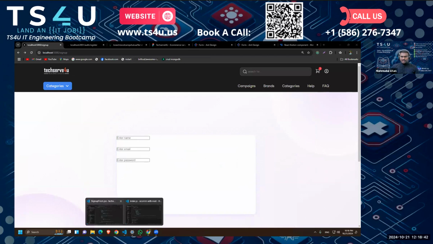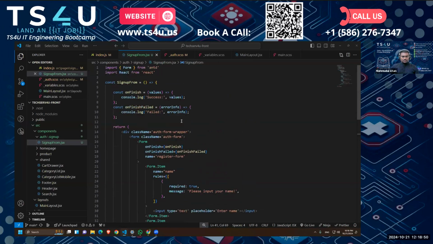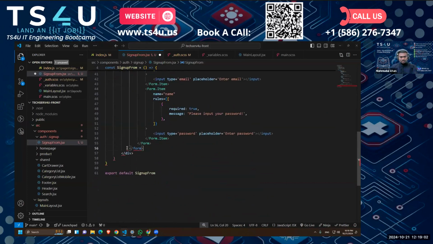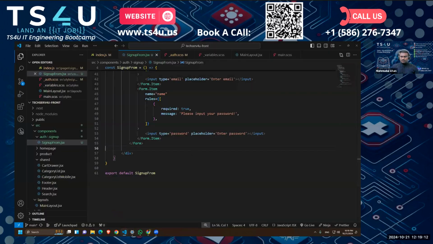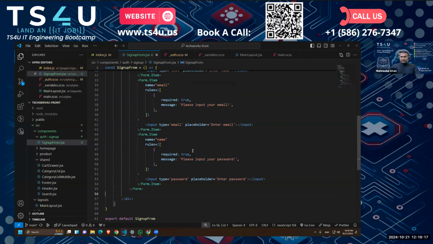Now we have to handle the styling. Okay. All right. So I think we can remove this form here. So I can just put it here and remove the form. Okay. Let's see. All right. It works the same. And then for the input fields,